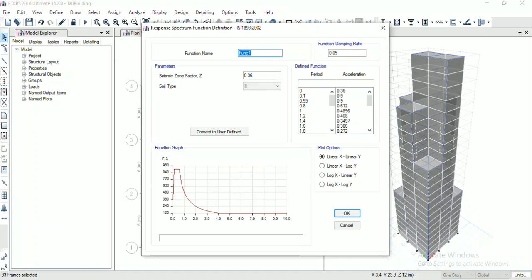Now name the function as response spectrum. Set the parameters as defined before. And now click on OK.